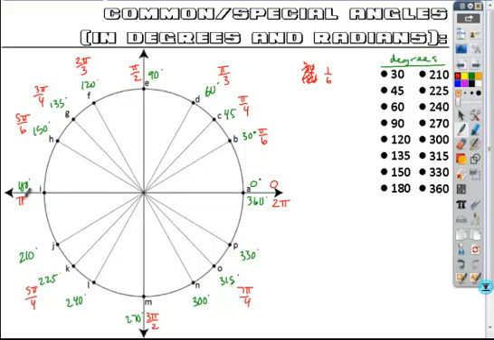Pi was 6 pi over 6. So this becomes 7 pi over 6. 8 pi over 6, which reduces to 4 pi over 3. 9 pi over 6. 10 pi over 6, which reduces to 5 pi over 3. 11 pi over 6. 12 pi over 6. So one of the things that